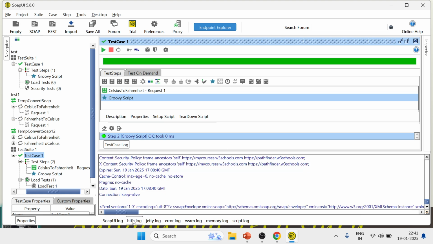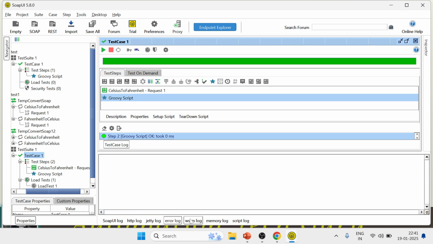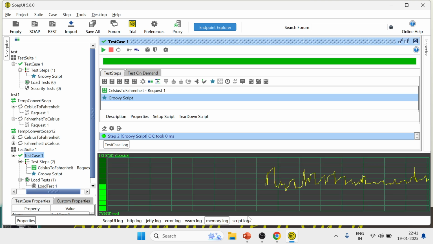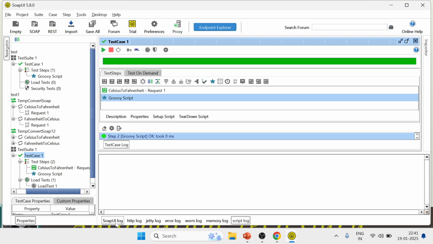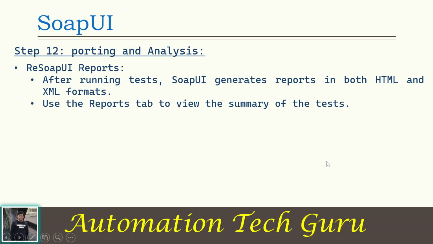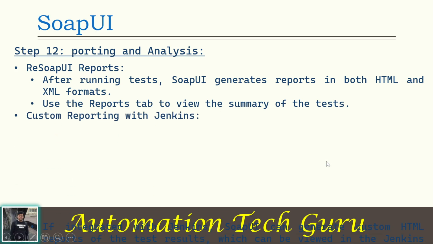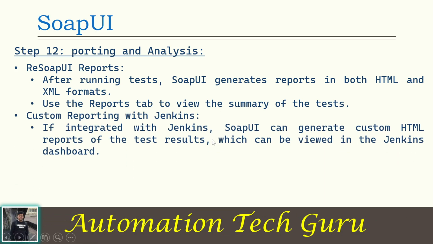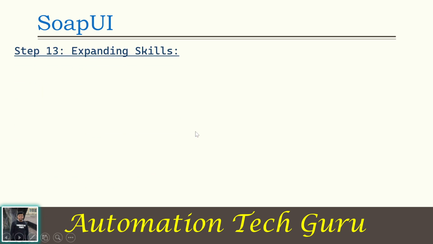You can see HTML log, JT errors, memory log, script log. So it is giving everything, and you can use this as a export to the file, right? But wait, it is reporting. For custom reporting, you can integrate with the Jenkins, and